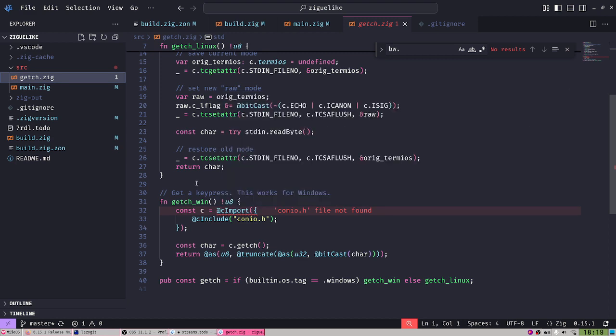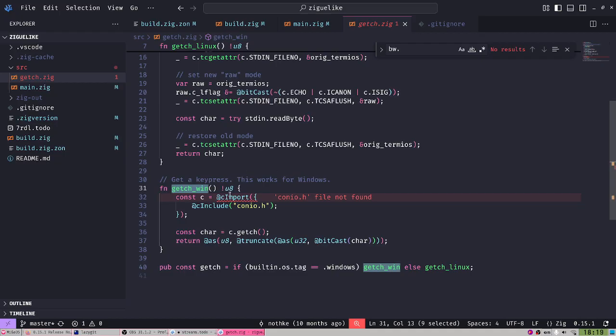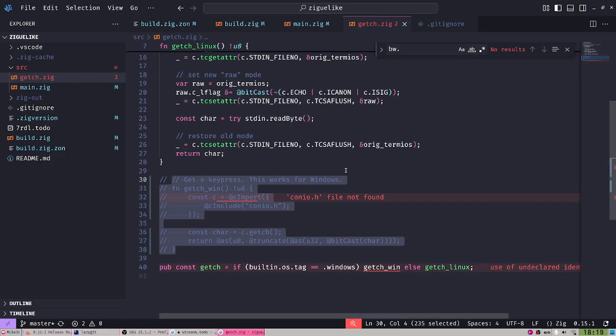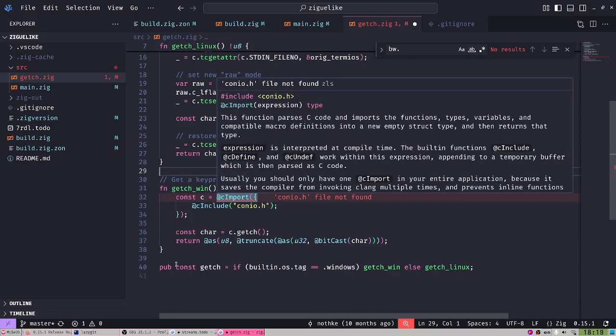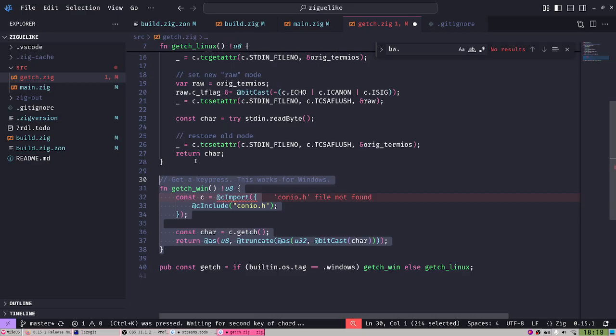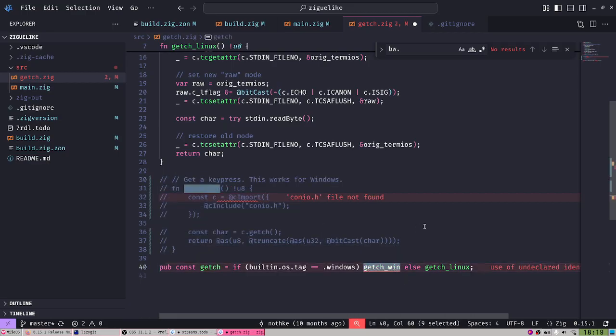Okay, well, this is for Windows. So, who cares about this? This should not work at all. Anyway, is this the reason ZLS doesn't work? Interesting. Let's see if I just remove this. What will happen here if I just put it void?